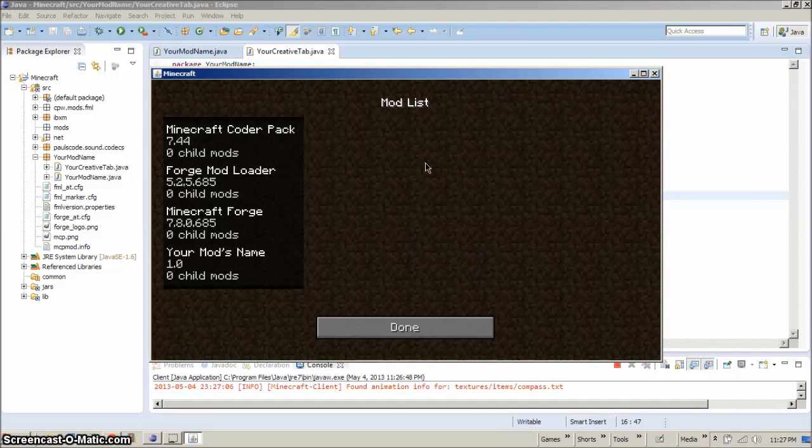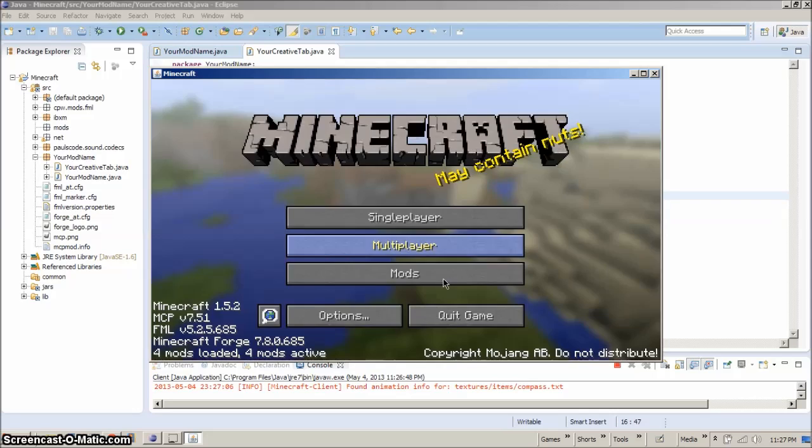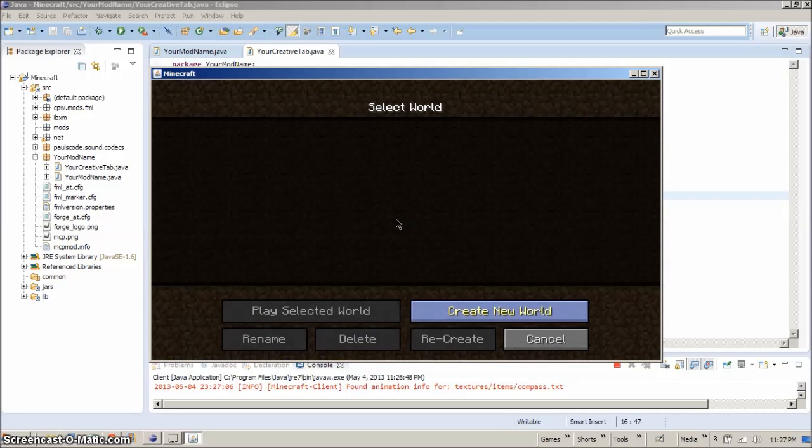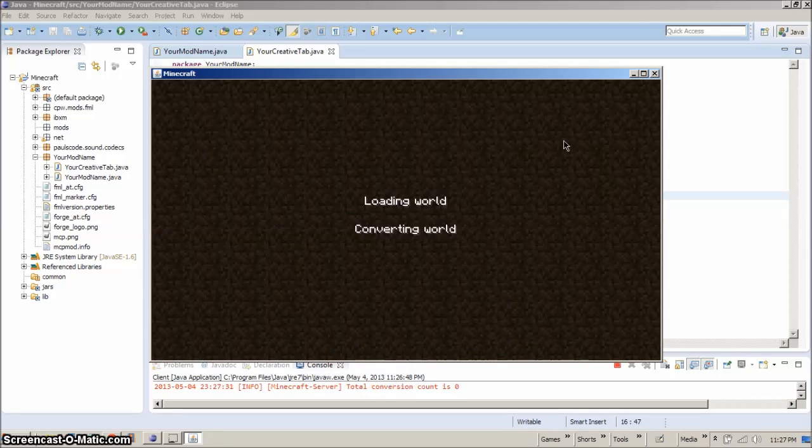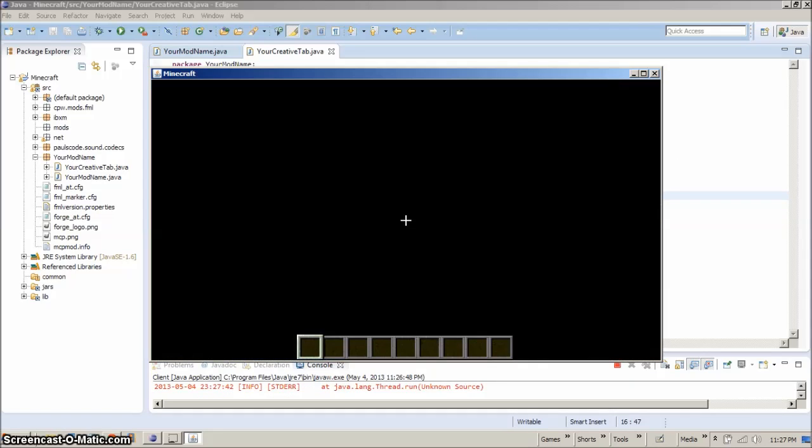Okie dokie, we're loaded up, our mod is in here, and we're going to need to create a new world so that we can see, and it needs to be in creative mode, so we'll just call this test world, something like that, and it needs to be in creative mode in order to see our creative tab. If we were just adding other things we could use other modes, hardcore or just your standard adventure or whatever it's called, survival. There we are, load the world, and